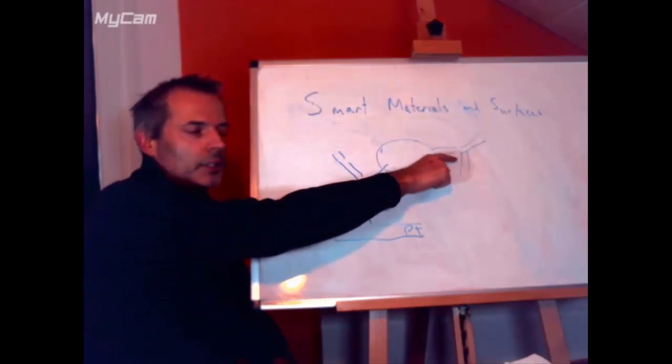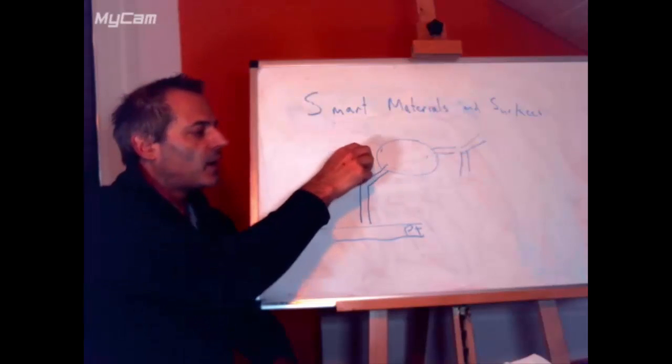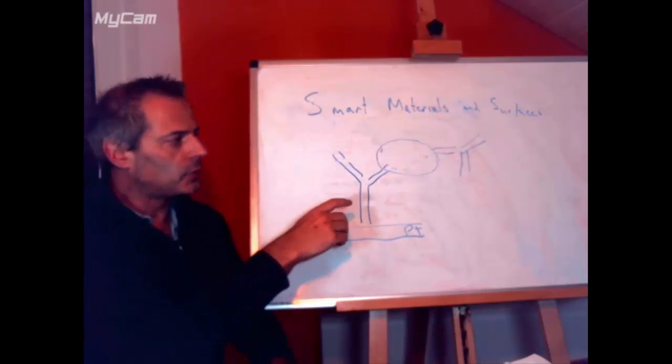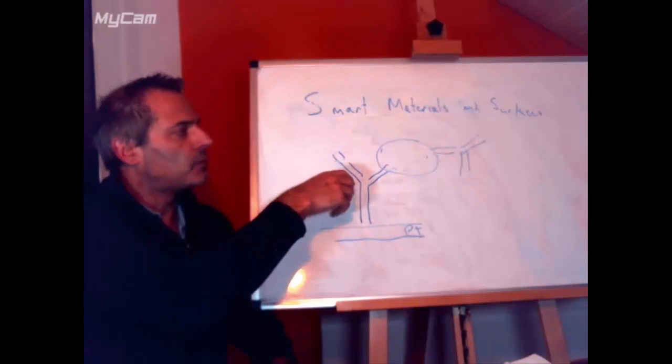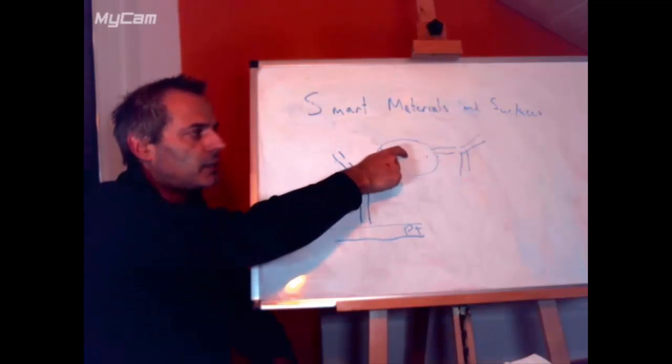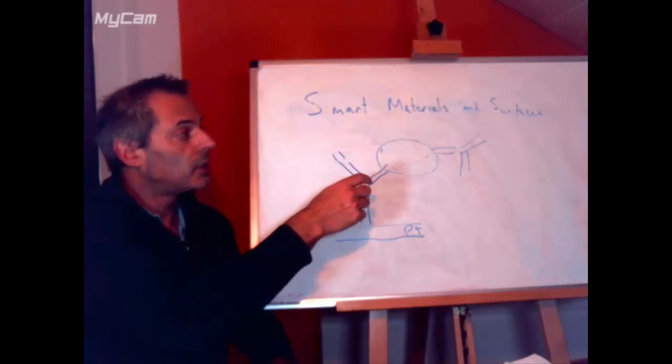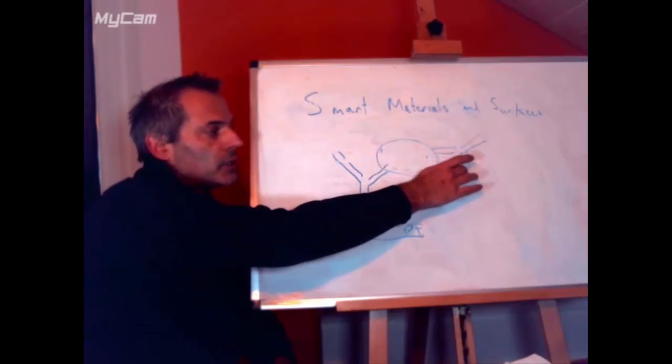In that case, we wouldn't need the antibody. If we want to measure the glucose, we would just need to attach the enzyme to the surface. If we want to measure a virus, an antigen, then we would have to attach the